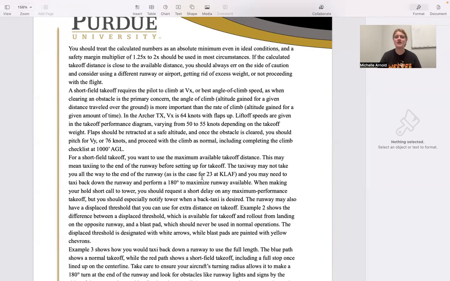Liftoff speeds are given in the takeoff performance diagram, where we showed that, varying from 50 to 55 knots depending on the takeoff weight. Flaps should be retracted at a safe altitude, and once the obstacle is cleared, you should pitch for Vy. So the only reason we're traveling at Vx is to clear that obstacle, because normally we would want to travel at Vy so that we can gain the most amount of altitude per time, because distance doesn't really matter. The only time that the altitude per distance matters is when we're trying to